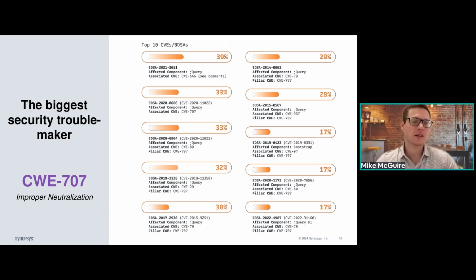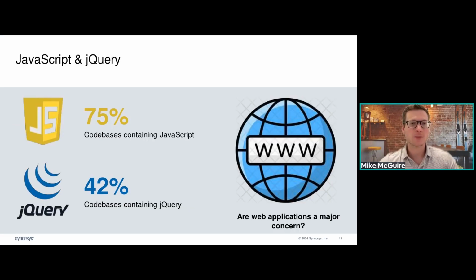Now, this doesn't make these issues any less severe, though. It actually just leads to plenty of opportunities for exploit, right? Because, again, JavaScript is the most popular open source language. I forgot who said it once, but I heard it and I loved it: if something can be written in JavaScript, it will eventually be written in JavaScript, right? So 75% of the code bases that we looked at contain JavaScript, and 42% of those code bases contain jQuery. So they're